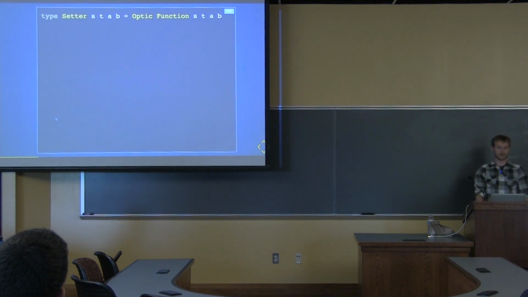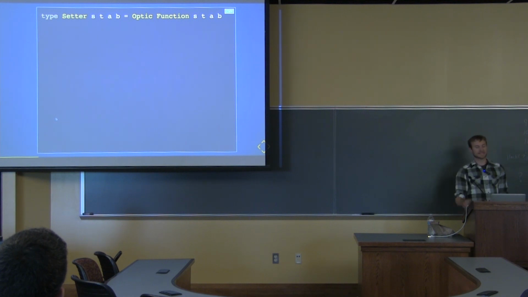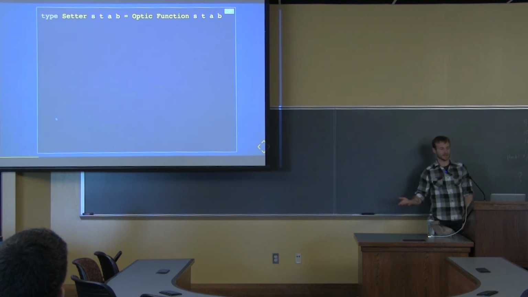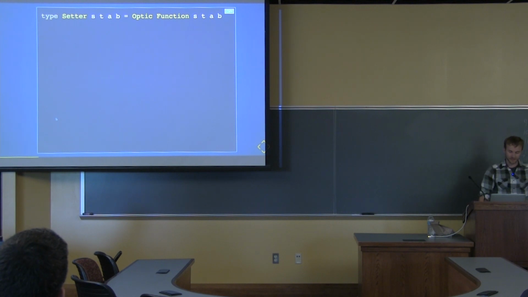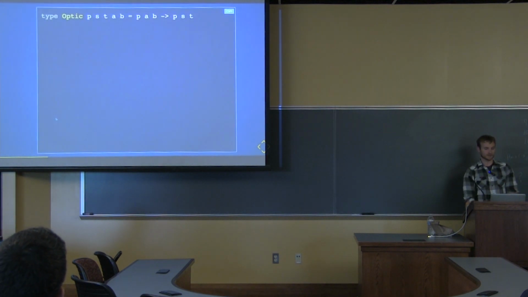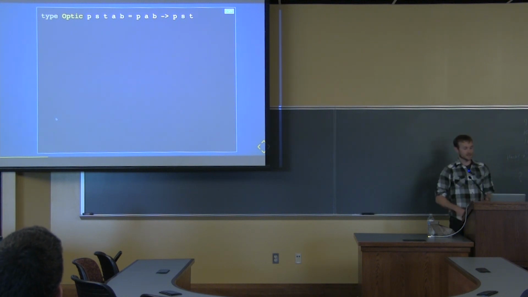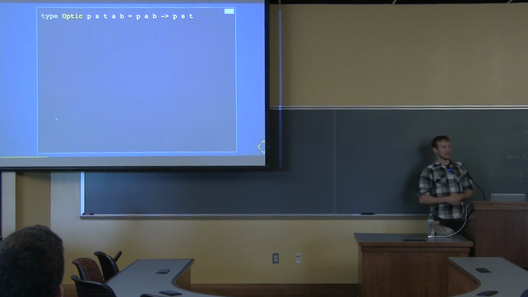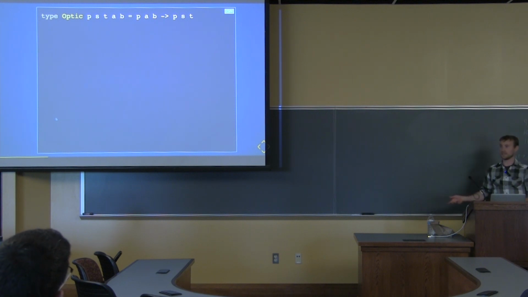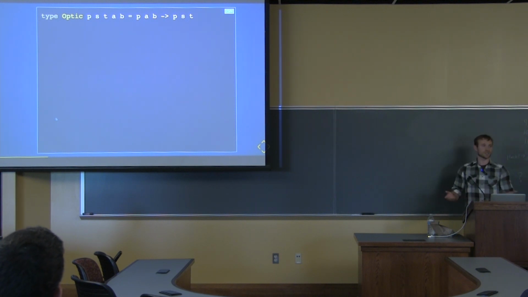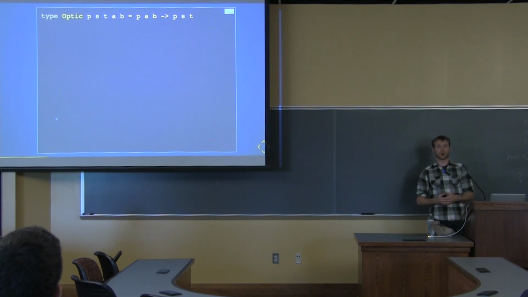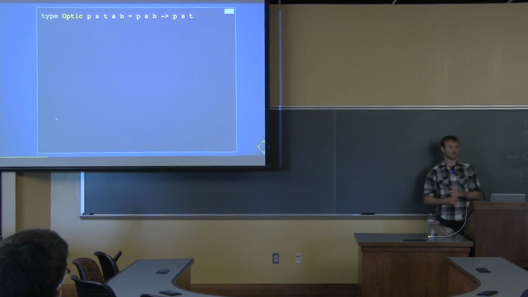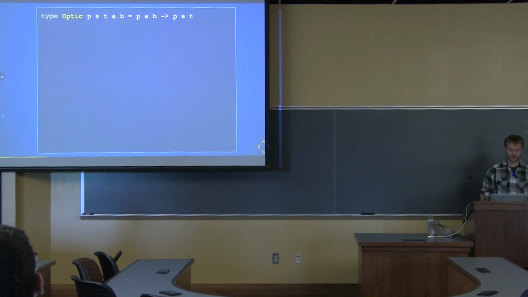this setter thing? Okay, so setter is a type alias, parameterized by 4 type parameters, STAB, and it's an alias for optic function STAB. Well, okay, that still doesn't really mean anything. So let's drill down another level, and what is this optic thing? Okay, optic is a type alias for a function from PAB to PST. And in this case, P is totally general. P is still just whatever. It just is some arbitrary type constructor parameterized by 2 types. In practice, in this library, it always ends up being a functor, or a profunctor, but in this case, it